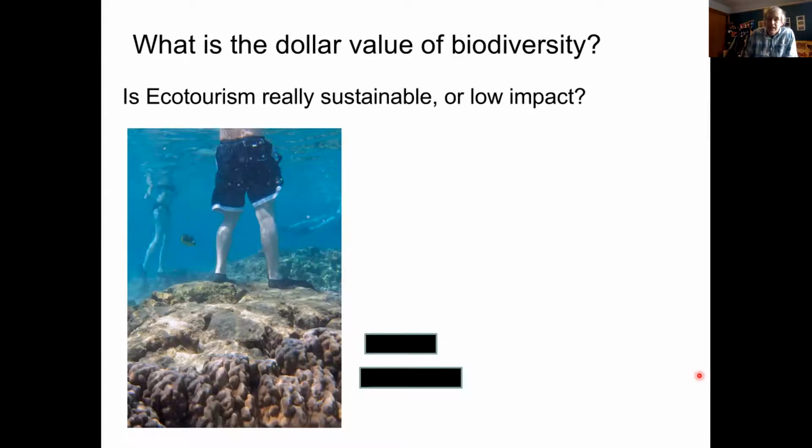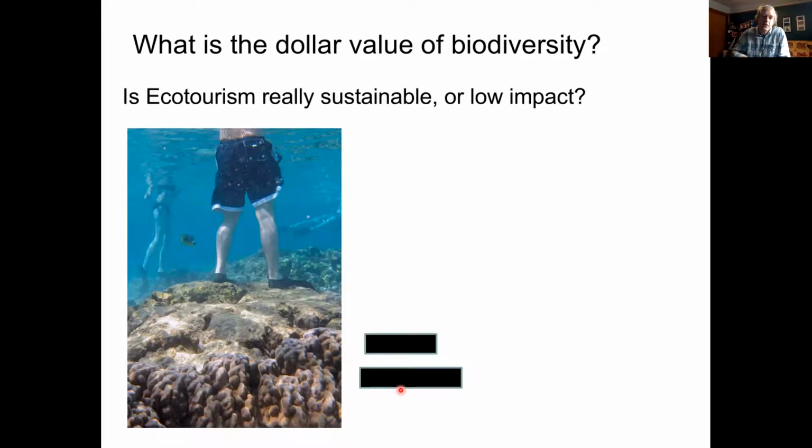And what Australia realised is that ecotourism is not low impact at all. It has a huge impact on coral reef ecosystems. Because if you've got people in the water, these coral reefs are very fragile. You have things like this idiot standing on the coral, which is just daft. You can see how all the coral has been eroded on the top because of people kicking it and knocking it away. In places with lots of divers, you tend to see less branching coral because it's very easy to accidentally kick it. So Australia has realised ecotourism, okay, it's not massively sustainable, it's not even low impact, so we need